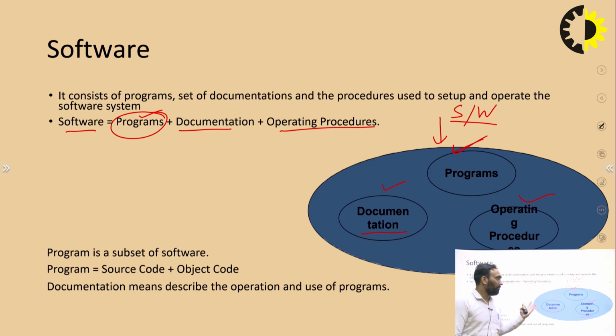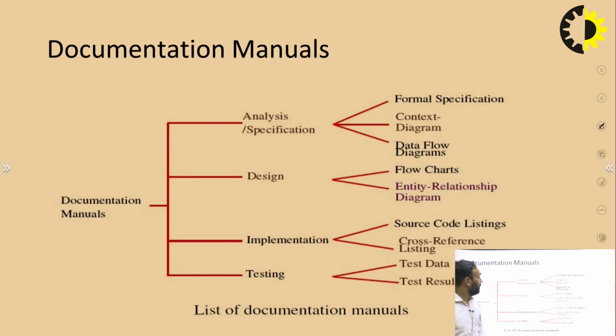And if we go to the technicality of a program, what is a program? Program is a set of instructions. And what are a set of instructions? A set of instructions basically consists of a set of operations. And program basically consists of source code and object code. And documentation means that which describes the operation and use of the program, how to use it. All these details constitute documentation. Now, as I said in a previous slide, documentation is a most important part of